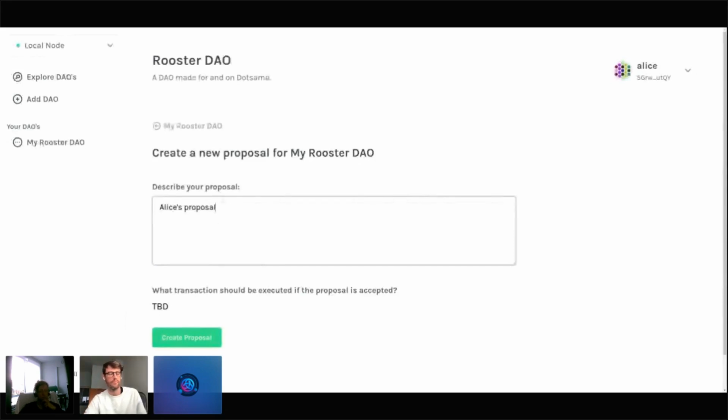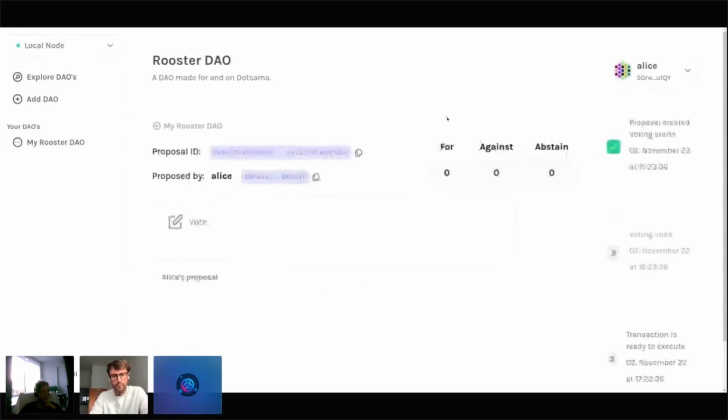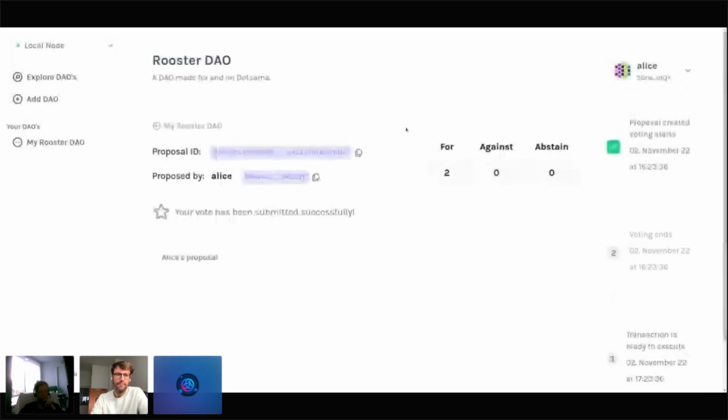So Alice provides the title, she creates the proposal, and now we can see that the proposal is active. We can see the timeline it follows on the right of the screen. As we took a 0 delay, or a 0 pre-vote delay, voting is open immediately. This means that at this point, Alice can cast a vote for this proposal. She has decided to vote in favor of this proposal, and now she used her voting power and she submitted